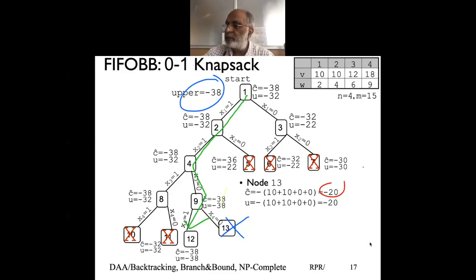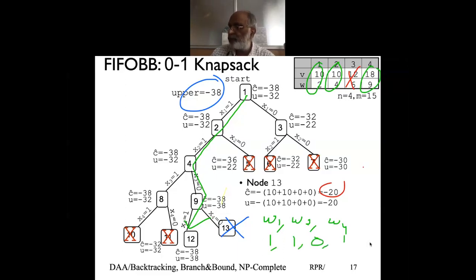That basically means include this item, exclude this item, and include this item. So my value becomes basically I include item 1, W1, W2, and W4, and this gives us basically you can say x1 is 1, x2 is 1, x3 is 0, and x4 is 1, and my maximum value is minus 38. That is what we basically get.